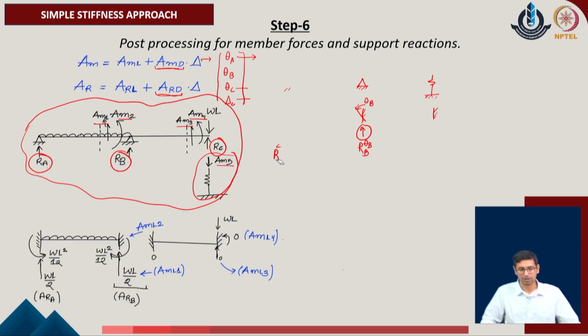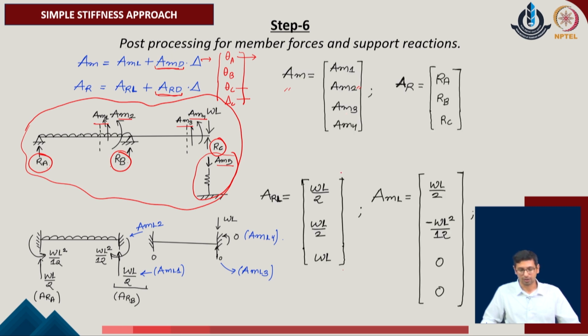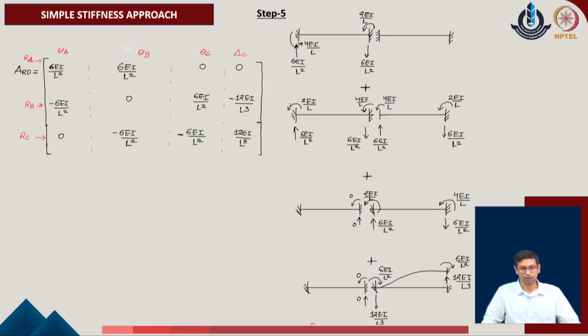Now, we can go ahead with the similar calculation and consider a simple problem with respect to the external load, which will be evaluated. So, we can consider that for the given system where the individual forces are applied for the unit amount of rotation over here, say theta A equal to 1 unit. We get the value of the reaction at this point, which is 6 E I upon L square. We get the reaction at the point B, which is 6 E I upon L square in the downward direction, and we get the reaction over here which is of 0 value.